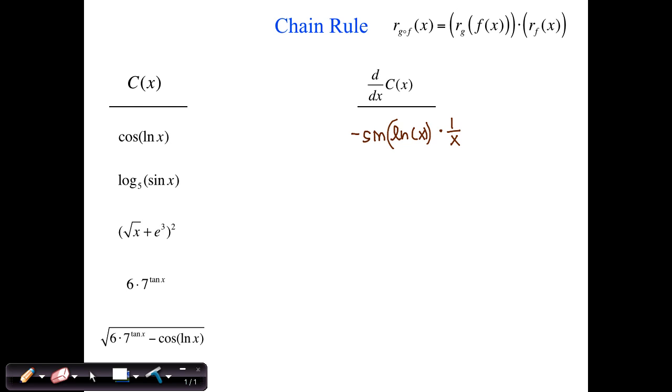Or 6 times 7 to the tangent of x power. We said, I'm going to write this up here, so I have more room down below. 6 times 7 to the tangent of x, repeat the same exact function, times natural log of 7. This is for the exponential part, and then for the chain rule part, times the derivative of this exponent, secant squared. And it was tangent of x, so secant squared of